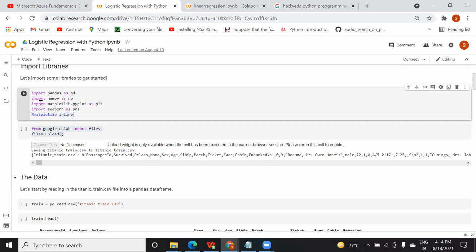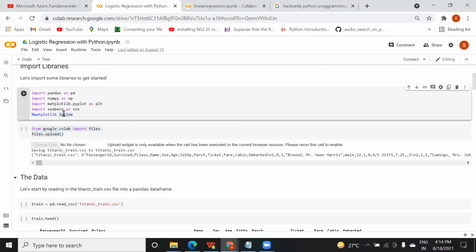This is for importing the matplotlib. After importing, you are telling your compiler that you are considering matplotlib functions that are given by the matplotlib library to draw the graph. So you can see here, pyplot is for plotting the graph, and this percentage is telling internal features that are given by this Colab for drawing a graph.